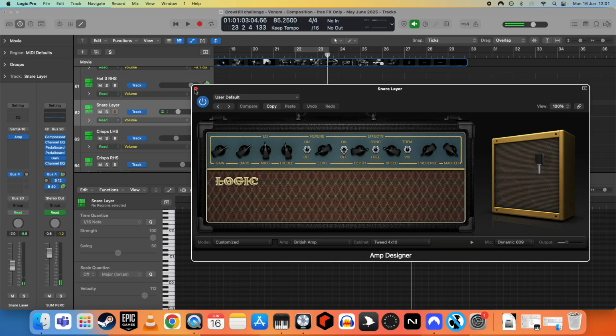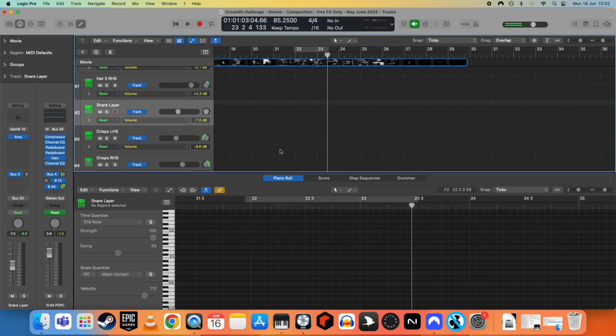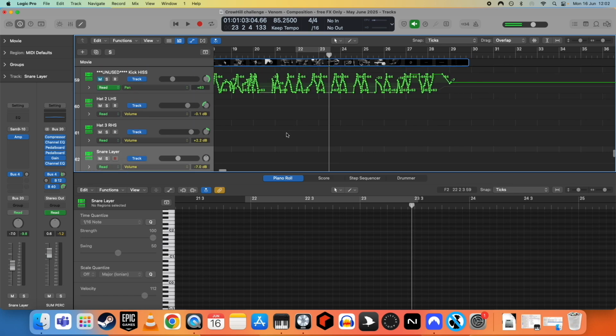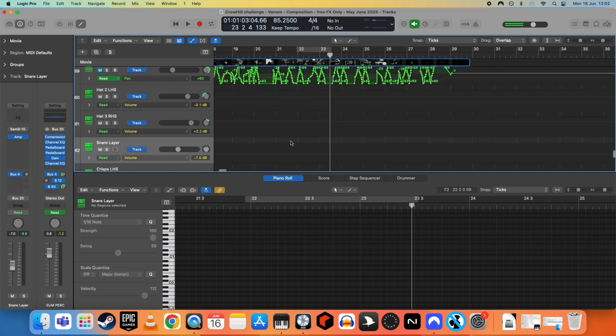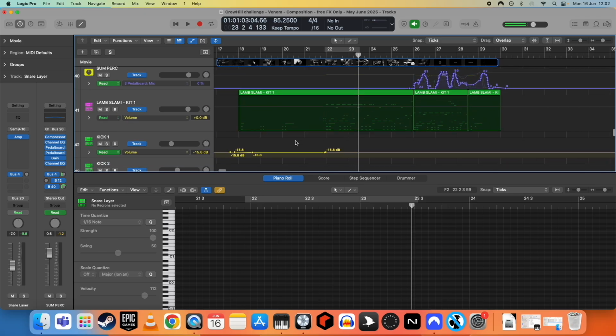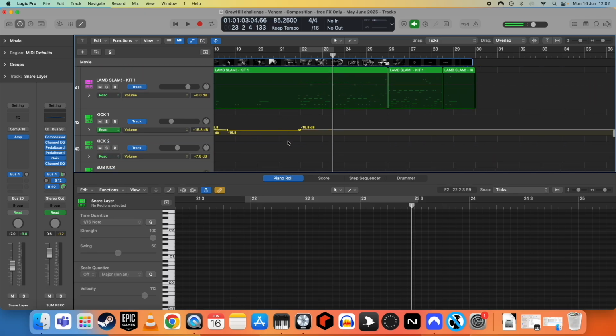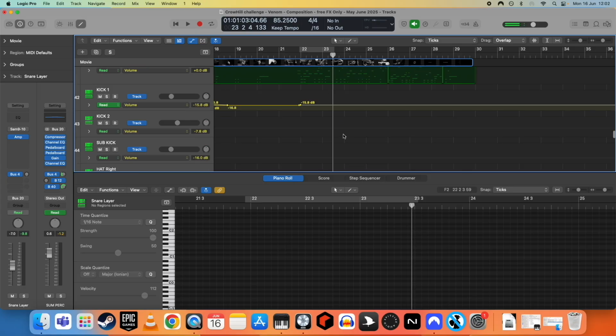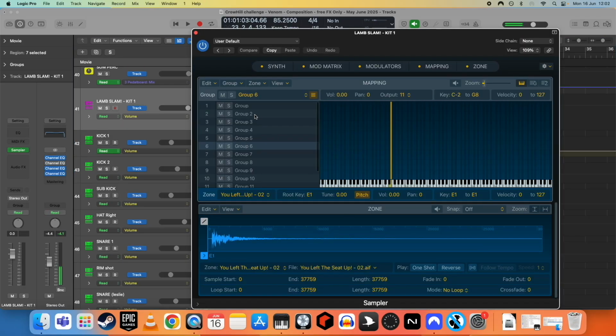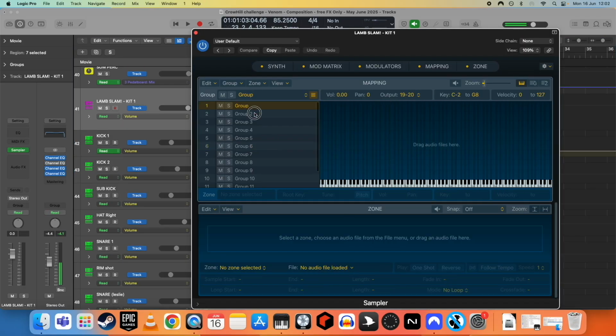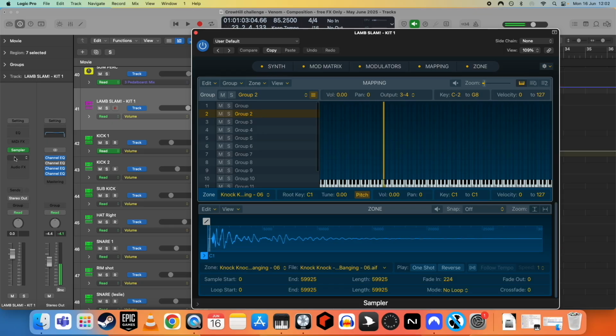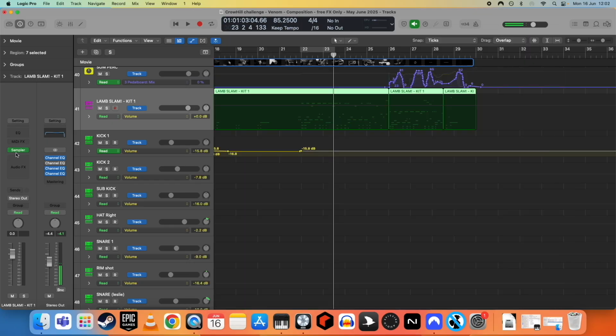I just wanted something with a certain kind of frequency range, just to add a little bit of a layer to all the different snare drums that I had. Again, something not super perceivable, but overall it makes a difference. Just a little note on the kit. I grouped all these to different groups separately, and the reason is when you use Logic Sampler in multi-output mode,